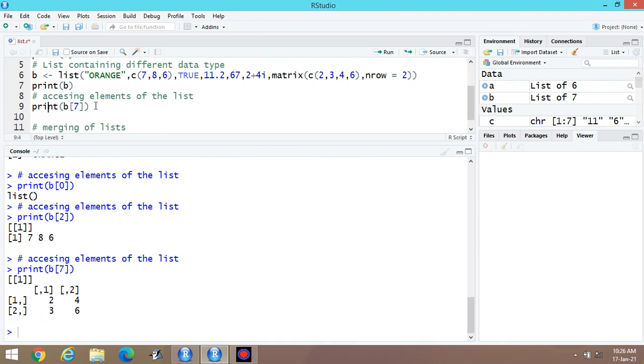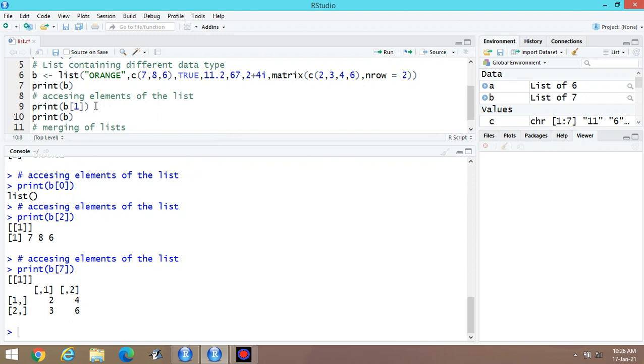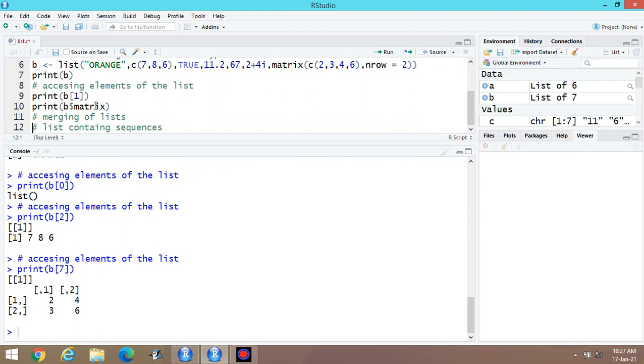One more methodology is there. Suppose I am writing print B, then dollar sign, matrix. Now execute this one.